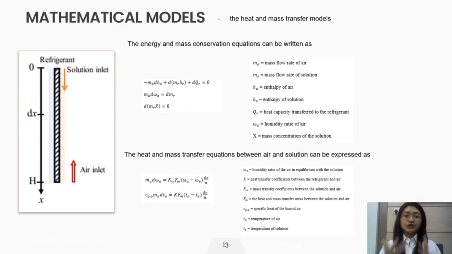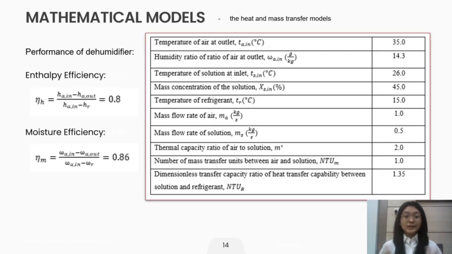This figure shows the schematic of a dehumidifier with a counterflow. Based on the previous studies, the heat and mass transfer models of this type of dehumidifier can be expressed as follows. To meet the product performance in which the total heat exchange ability in the dehumidifier equals 0.8 and the total mass exchange ability in the dehumidifier equals 0.86, the specifications of the dehumidifier are figured out based on